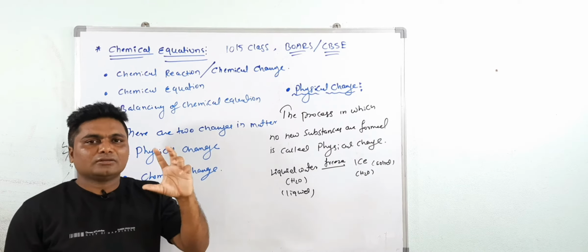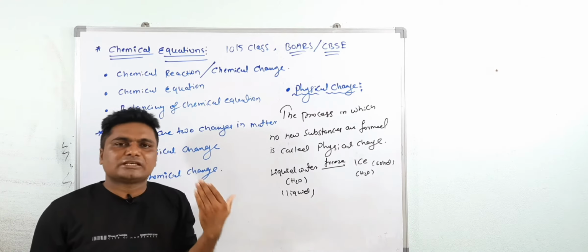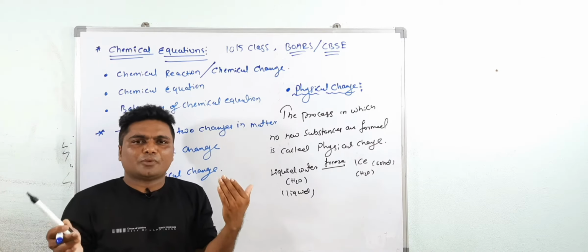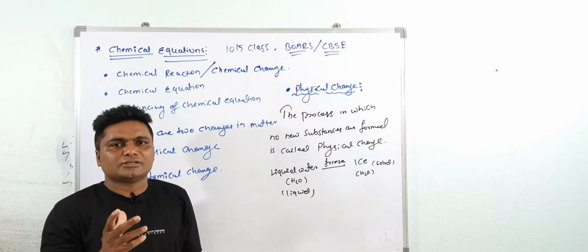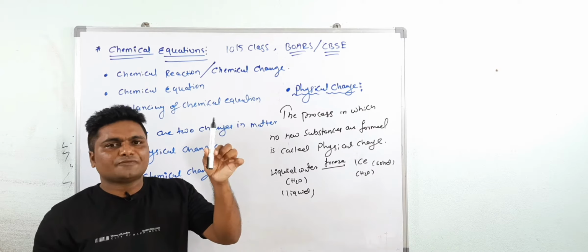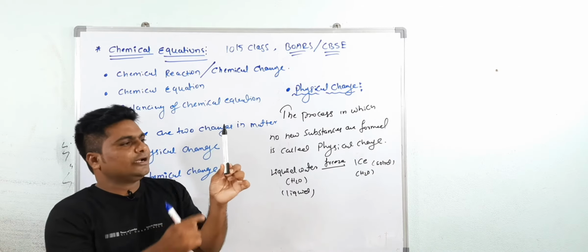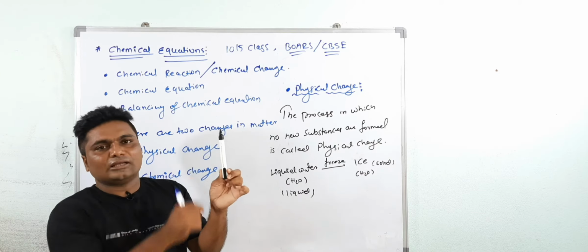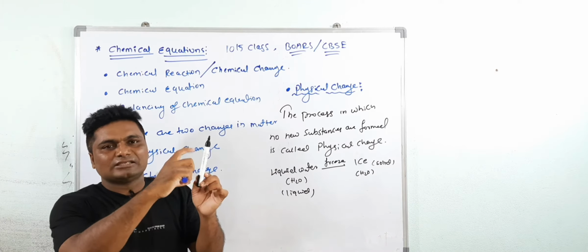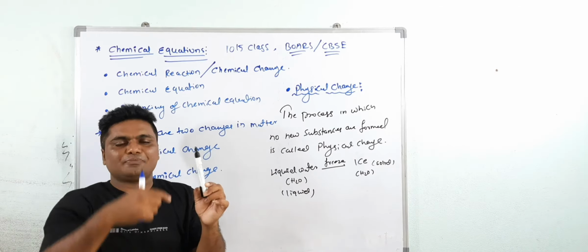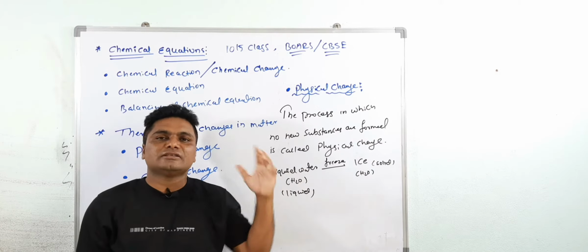Every matter has two kinds of properties: physical properties and chemical properties. For example, take any substance, such as this marker. What are its physical properties? This marker is a solid and has a white and black color. These are its appearance, its size, and its spherical shape. So shape, size, physical state and color are the physical properties.